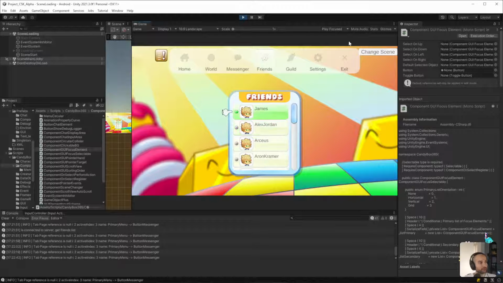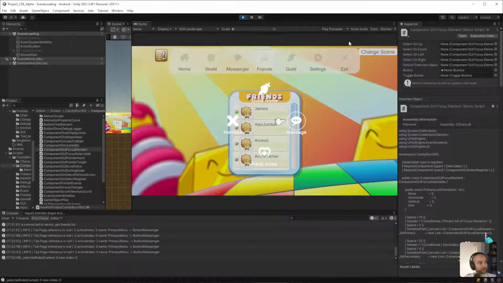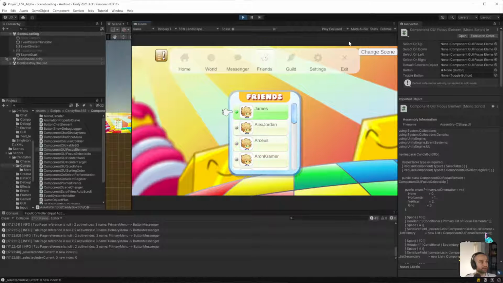And then from here, if you press enter, it comes up with the circular menu. So I brought this back. Now it's working. The circular menu, of course, is another one that I really like in terms of functionality. It works really, really well for gamepad support, touchscreen support, mouse and keyboard. It just works so well. So now we have that. And then if my friend, of course, goes offline, oh, what did I do with that?